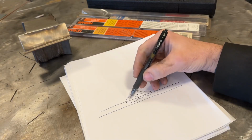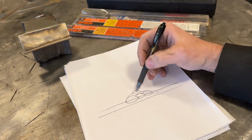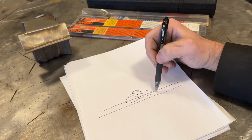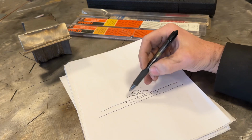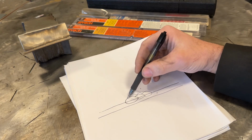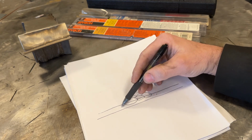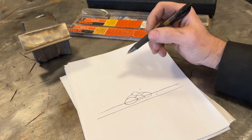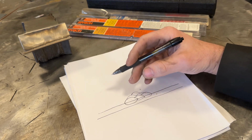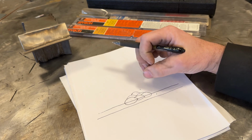All right, so let's do a little quick book learning session. Right here I have depicted multiple passes on a base metal plate, and we're assuming hard face rods here. When you weld a bead on plate, your bead is a mixture of both your base material and the alloy of your filler rod. When you're talking about hard facing, which produces a weld that's extremely wear resistant, which also